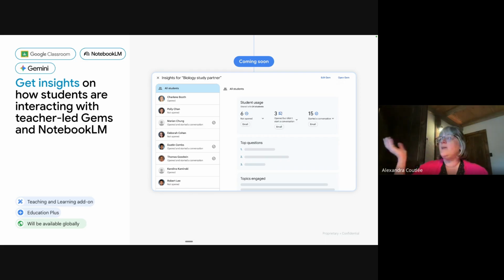For example, we had a student who kept trying to get NotebookLM off track and make it do something it was not supposed to. So NotebookLM told us, I kind of had issues with this conversation. So instead of having to go through all 160, it told us Chantal was trying to do something. We clicked on it and then read her conversation and then could intervene and have a conversation and talk about good use of technology. Now, it could also be they asked a question that could not be answered because we did not have a source on that particular question.